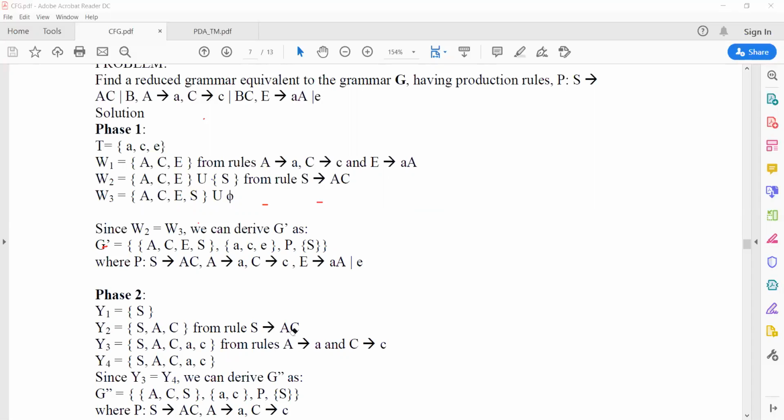And it will produce a terminal by applying A produces a and C produces c. So as a result, you can see Y3 is generated, as S forms a sentential form of AC.